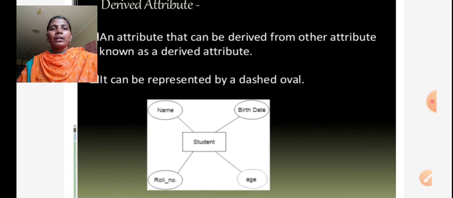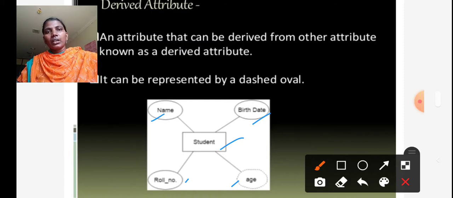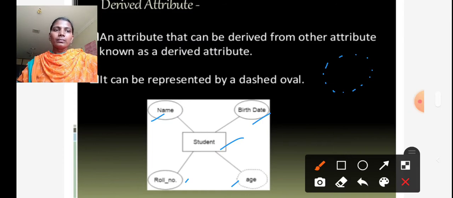So here this is the student entity, and name is one of the attributes, along with date of birth, roll number, and age. The derived attributes are represented with the dotted oval shape symbol.